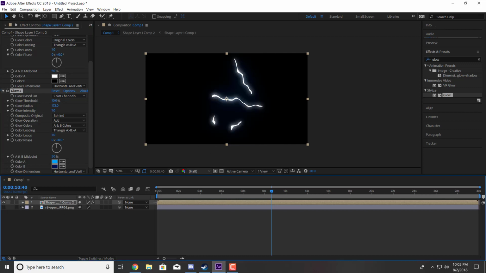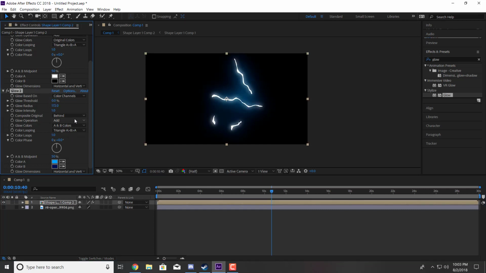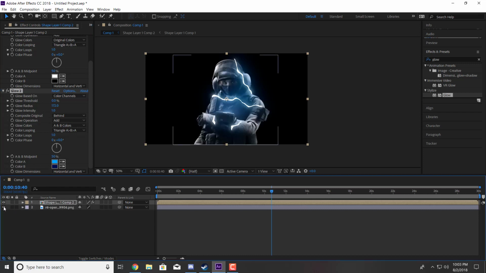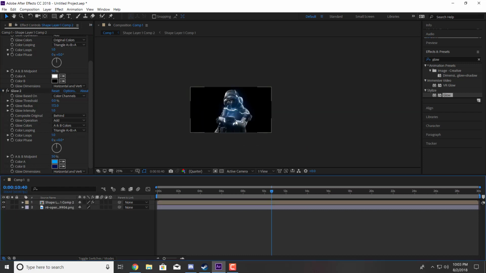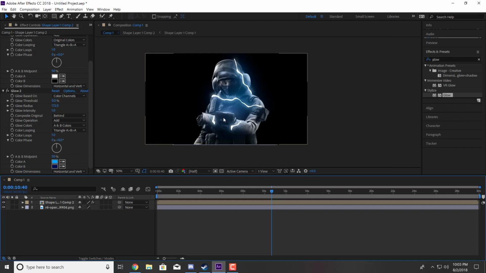And as you can see, we're getting that blue color now. And if you want to have it more blue, you can change the glow threshold down. And now we're getting that nice little effect there. Alright, so if I wanted to turn this into a header, all I would do is get rid of this,